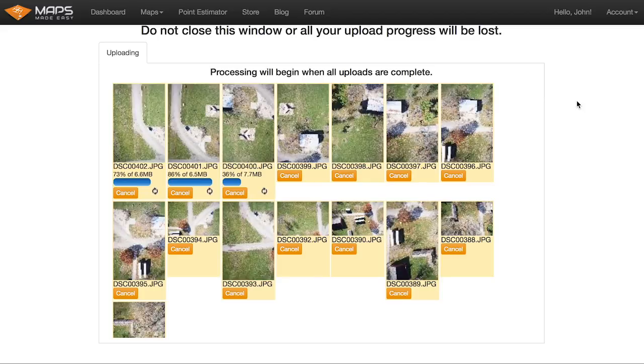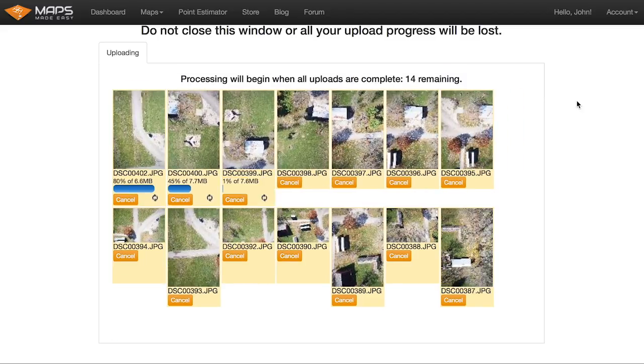So if everything goes well, it basically uploads and kicks off the job. At this point, you can pretty much just walk away. You don't have to sit around and wait. There's no more interaction that needs to be done if you're on a solid internet connection. If you're uploading 500 images, it might take a day on a bad internet connection. But on a pretty quick connection, it'll do 500 images in a couple hours, and then it'll